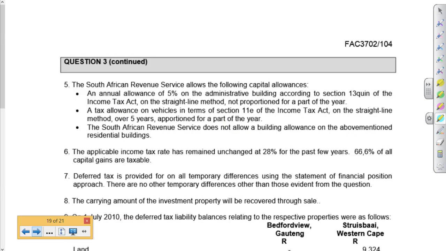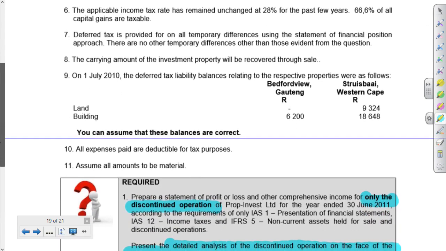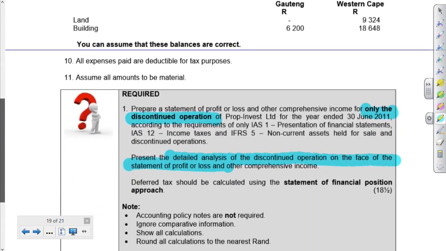SARS allows some capital allowances. Tax rate was 28%. And they give you the deferred tax balances for the different properties at beginning of year. Okay, so our year end is June 11. June 11. All right, 18.5 marks. It should be doable. We'll practice